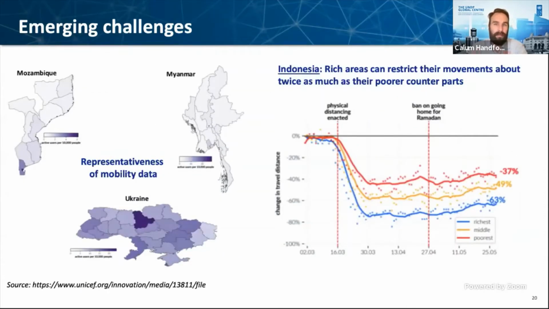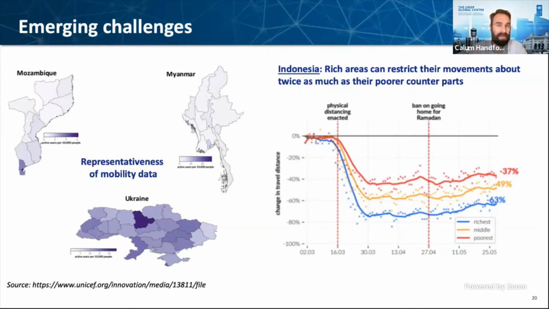Similarly as well is the kind of more formal digital divide and its impacts and its negative multipliers. So these charts are from our friends at UNICEF. On the left-hand side, you can see the very different levels of mobile phone ownership across a number of countries. And this is very important because increasingly governments and our partners as well, and also UNDP to some extent, will use tools like mobile phone data to develop policies and interventions to support populations.